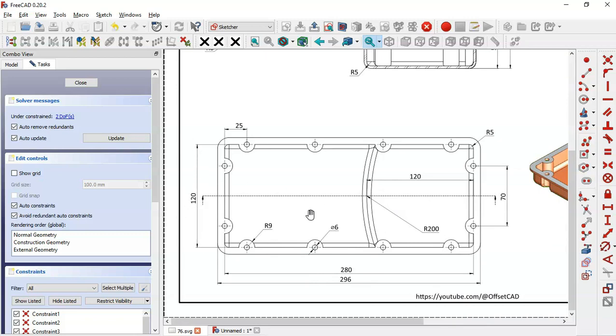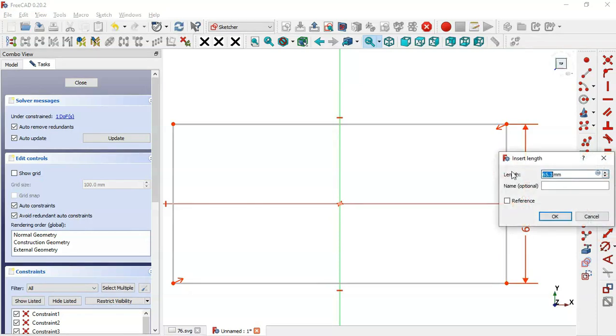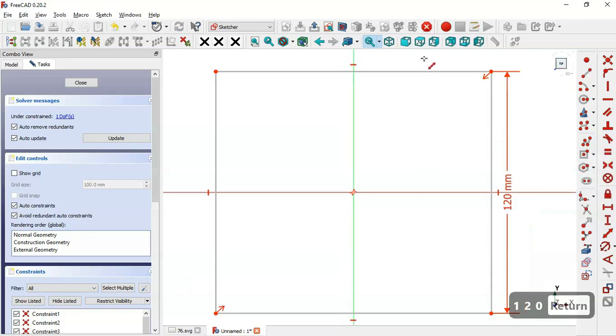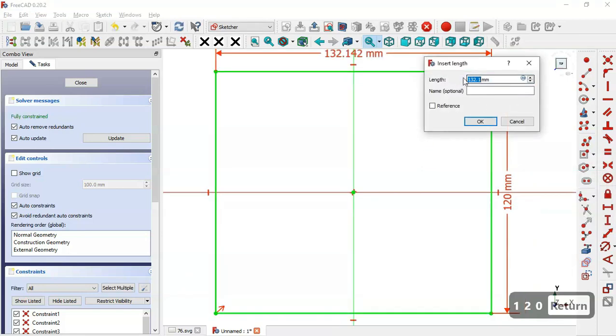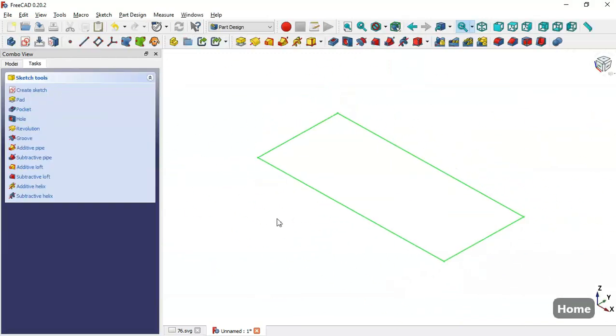Okay, so we come back, and here we select this tool here, constraint distance, and click on this line here and set a length of 120. Okay, and now click on this line here and change the length to 208. Okay, and as you can see, this sketch is fully constrained. Okay, so close this. Now press home and you can see this sketch, and now click on this pad tool,